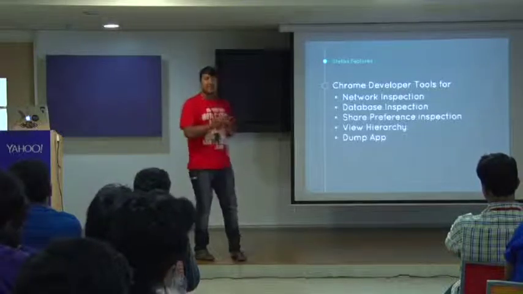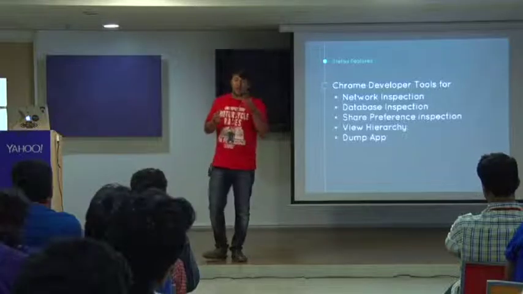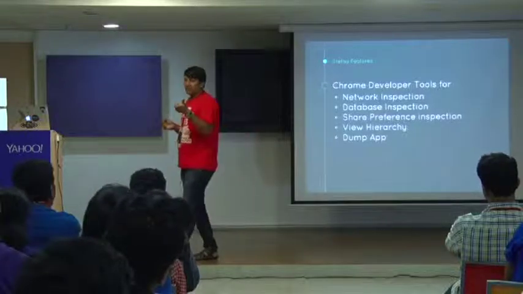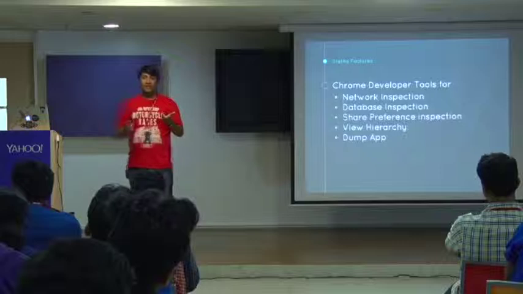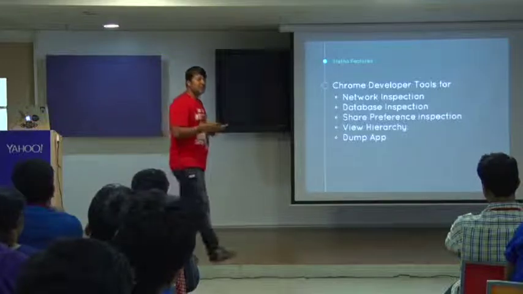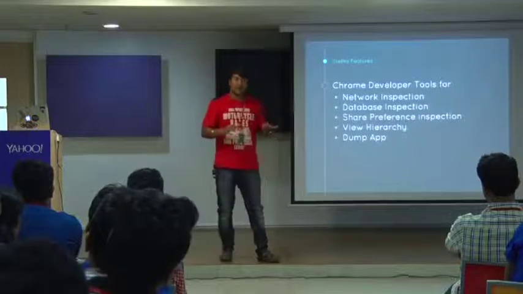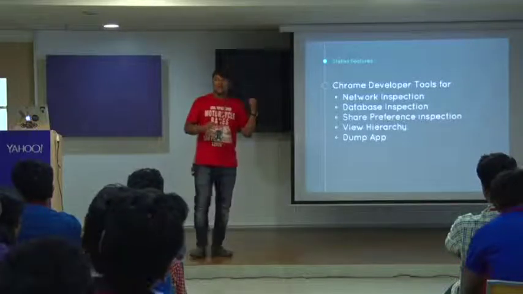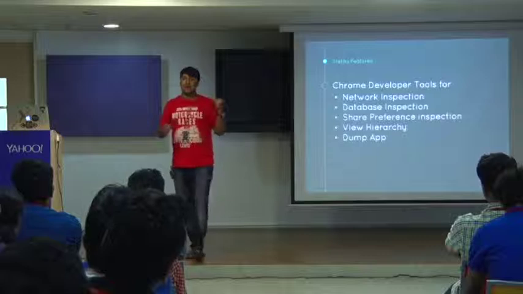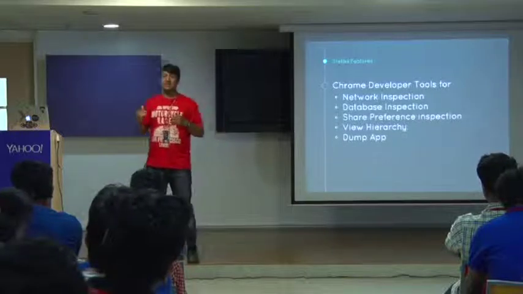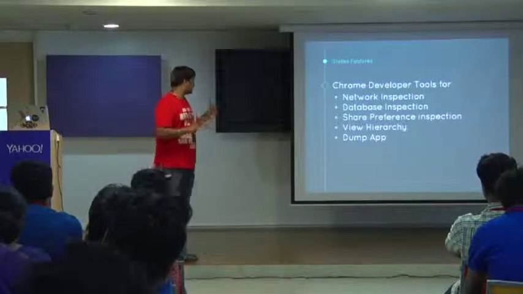Then it comes with something called a preference viewer, where any app has a lot of shared preferences. After an app becomes mature, right, it becomes a pain to know what the current shared preference value is. There are ways to check that with ADB. This gives us a graphical interface to see the shared preferences and manipulate them.